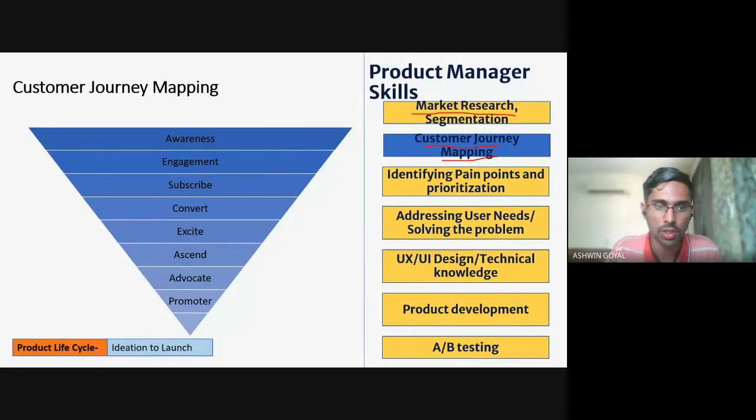First, the customer becomes aware of the product and then starts engaging with the product. For example, the person downloads the Swiggy app and then places his first order and then starts to love the entire journey, starts to love the design, the UX, the process, and realizes that Swiggy provides a lot of value for the person, and that is where the person becomes excited, and the person starts to order more and more, and he ascends the ladder, which means that he orders again and again and becomes a